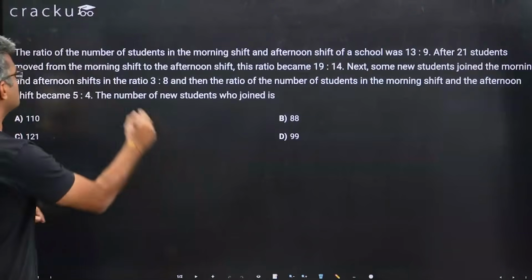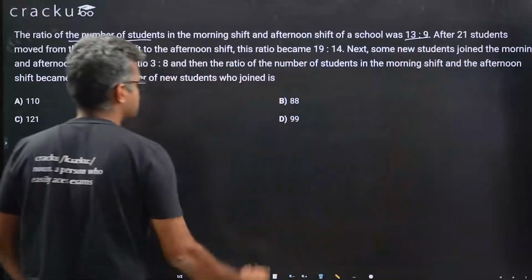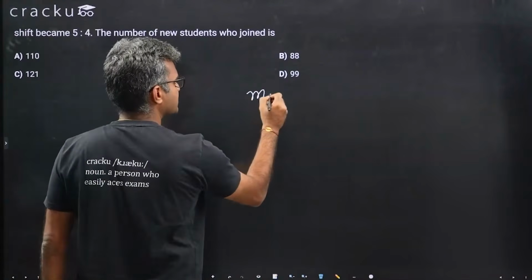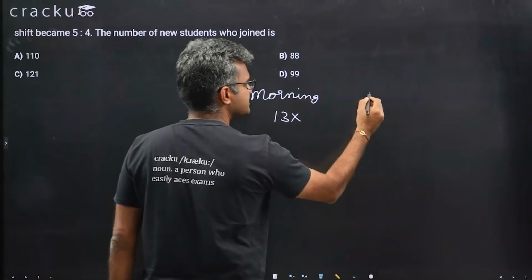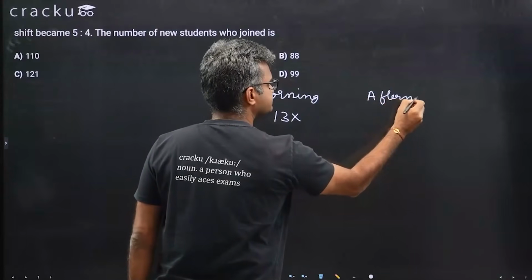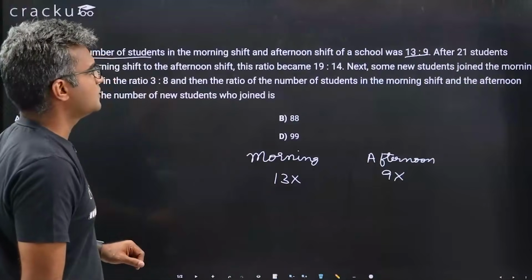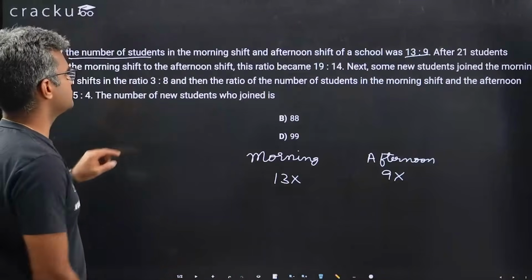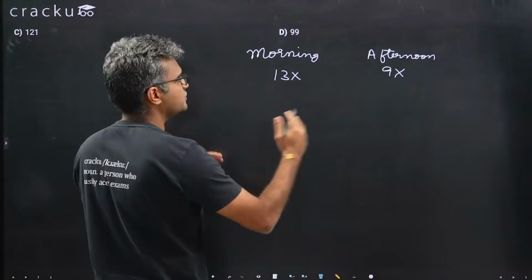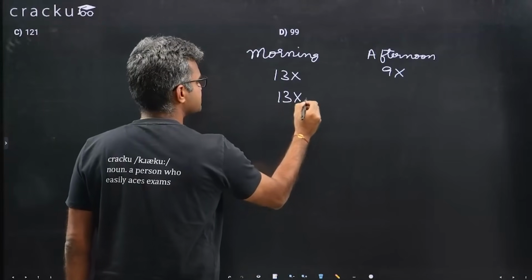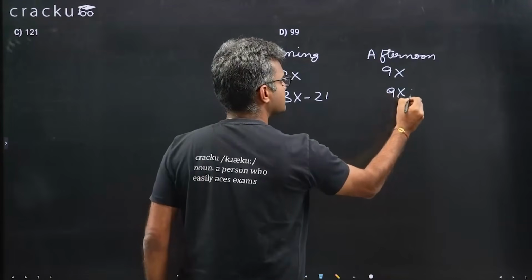In this question, we are told that the ratio of the number of students in the morning shift and the afternoon shift is 13:9. So let us assume that the number of students in the morning shift is 13x. So the number of students in the afternoon shift will be equal to 9x. Now 21 students moved from the morning shift to the afternoon shift, and this ratio became 19:14. If 21 students moved from the morning to the afternoon shift, the number of students in the morning shift is 13x minus 21, and the number of students in the afternoon shift is 9x plus 21, and now the ratio